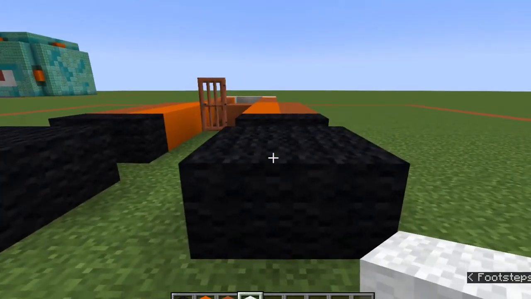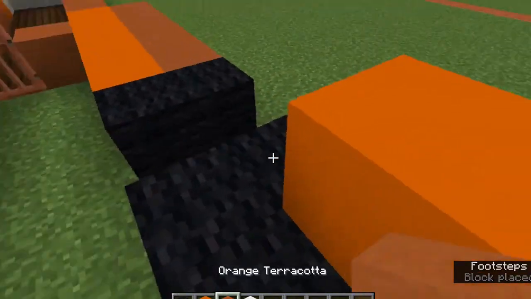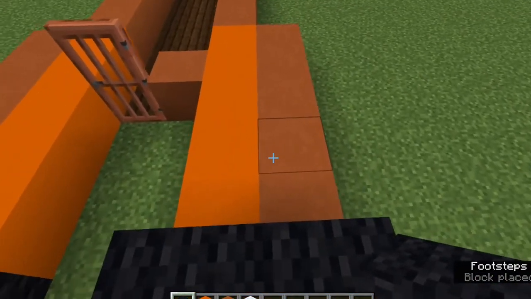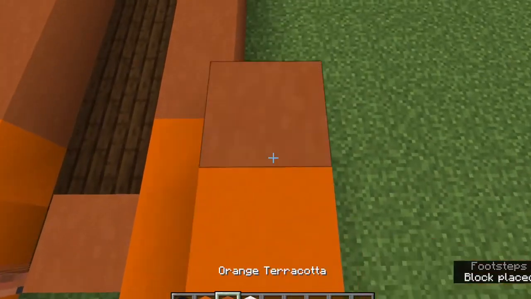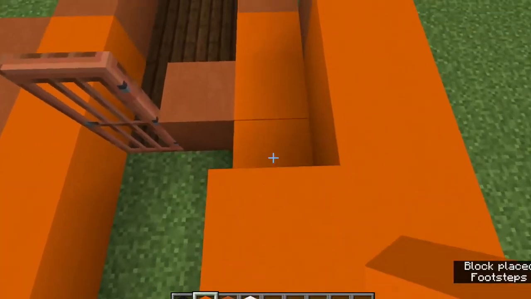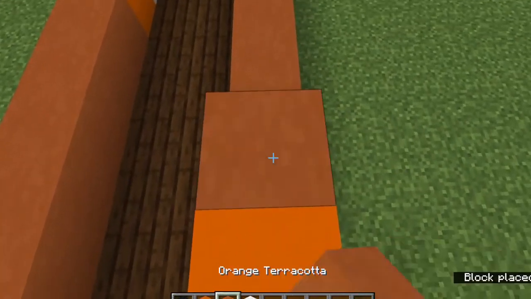And starting here with the front paw, we're going to do 1 block of orange concrete and then 3 blocks of orange terracotta. We're going to do 2 more pieces of black wool for that paw. 1, 2, 3, 4 orange concrete, 1 orange terracotta. Backing over here, we're going to do 6 pieces of orange concrete. And then 1 orange terracotta,